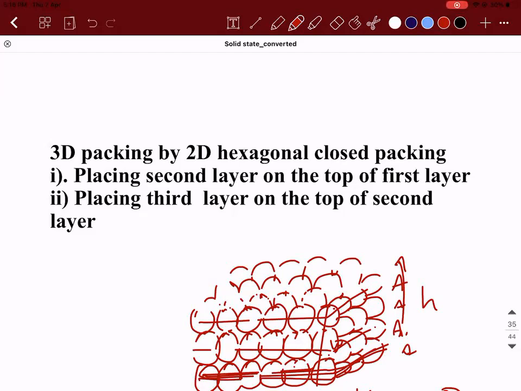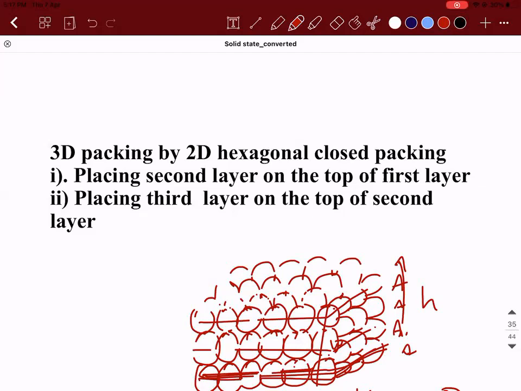No, see, okay, you're saying another tetrahedral void will be formed. But only in the depression, only the particle will go and sit. No, only in that void, only the particle will go and sit. Exactly, if the particle is present here, there will be precisely another layer particle will go and sit in this layer connection. Only in the tetrahedral void, only the third layer will go and sit.